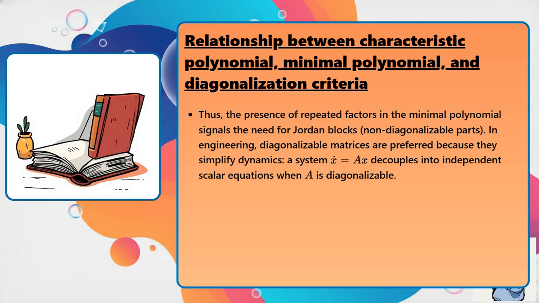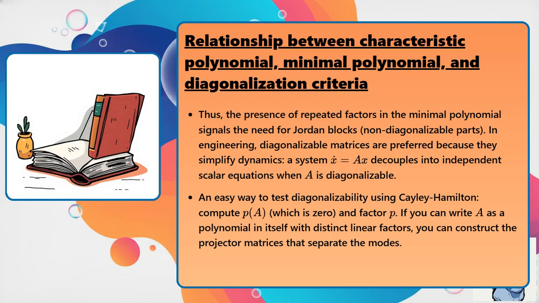In engineering, diagonalizable matrices are preferred because they simplify dynamics. A system x dot equals Ax decouples into independent scalar equations when A is diagonalizable. An easy way to test diagonalizability uses Cayley-Hamilton. Compute p(A), which is 0, and factor p. If you can write A as a polynomial in itself with distinct linear factors, you can construct the projector matrices